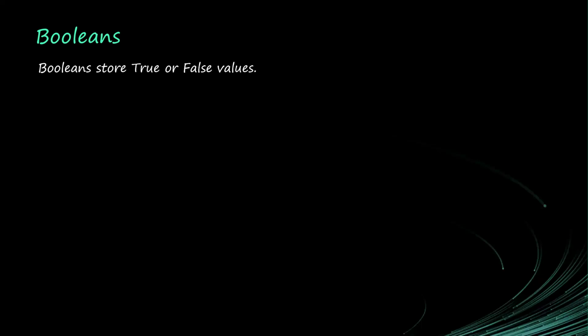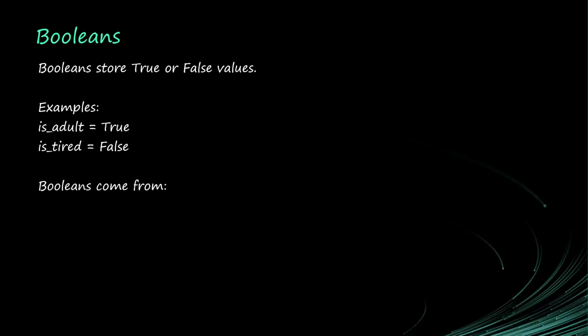True or false. But in Python, or in computer programming, we don't have anything like yes or no, on or off. We don't have something like that. It can only be true or false. An example is adult. Somebody can either be an adult or not an adult, so it's either true or false. Somebody can either be tired or not tired. It can either be true or false. So Booleans come from comparisons,